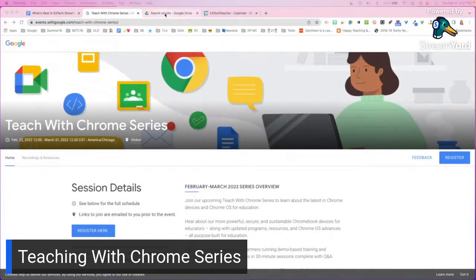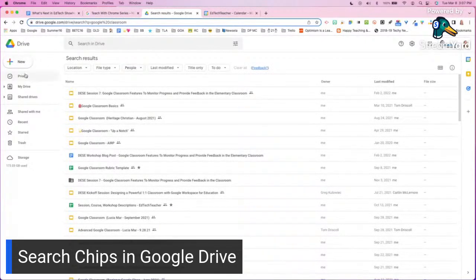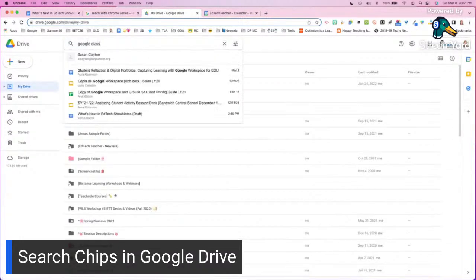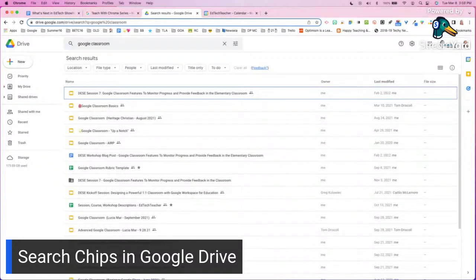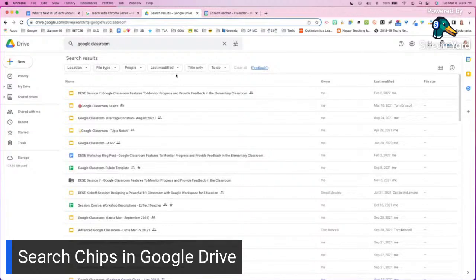And then we've got 2 other kind of fun things that have surfaced recently in Google that we just thought we'd point out today. And that is these little chips up here that are going to be a great way to filter our Google Drive searches. So if I started out a quick search for something like Google Classroom, for example, in my Google Drive, I've had this Google Drive for 8 years now, and a search for Google Classroom is going to yield many, many, many results. And in the past, of course, I've been able to utilize the advanced searching,